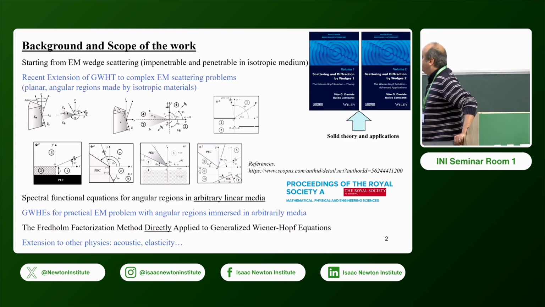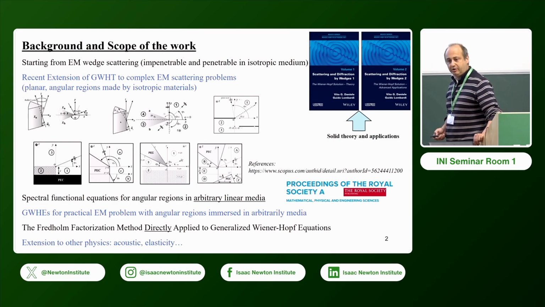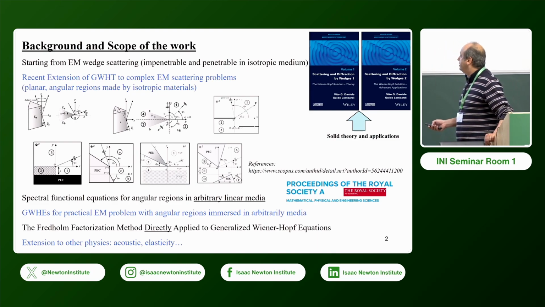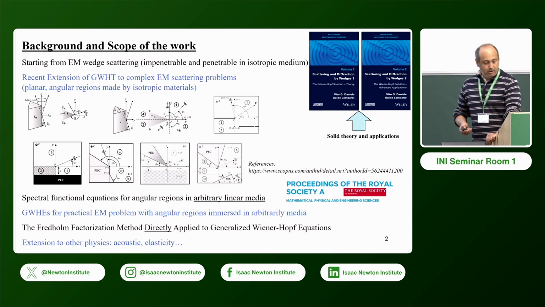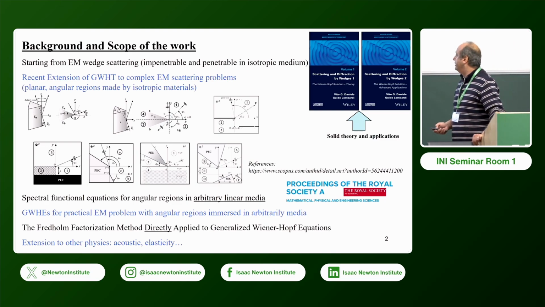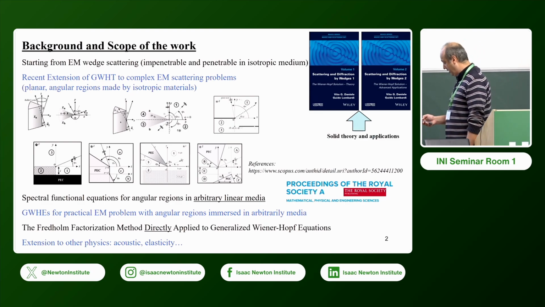And now we introduce the Fredholm Factorization method directly applied to generalized Wiener-Hopf equations, because in this media the complex planes are tricky, and more complex than in the classical generalized Wiener-Hopf equation for isotropic media. This methodology can be applied in electromagnetics for arbitrary linear media, but can be extended also to other wedge scattering problems, for example in